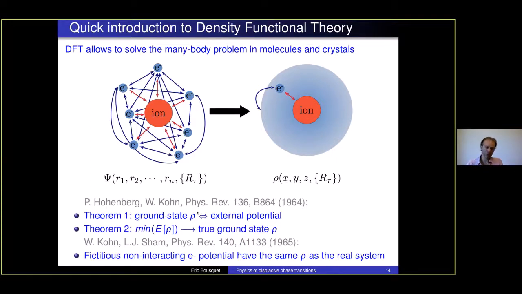This is one thing. Then the second theorem tells you that the energy is a functional of the density. If you minimize this energy with respect to the density, the density that minimizes the energy is the true ground state density of the system. This means you guarantee that if you minimize the energy with respect to the density, what you find is only a single value. You have only one possibility, one solution, because of the first theorem. And this solution is the ground state density, which guarantees it is the real ground state density of your system.